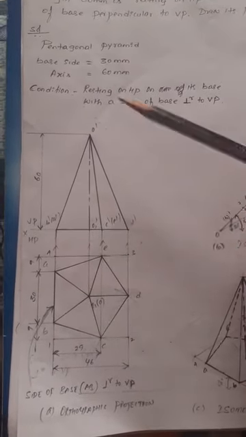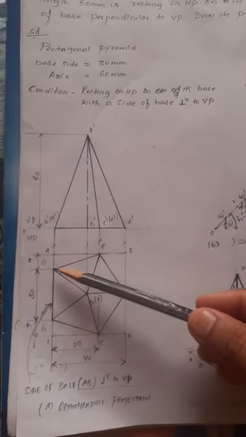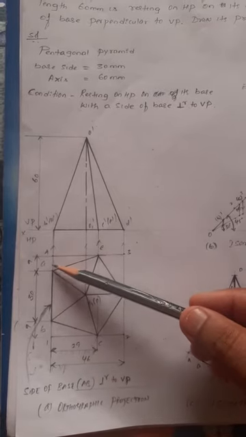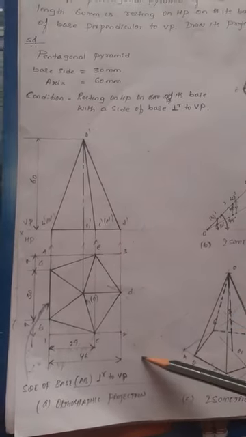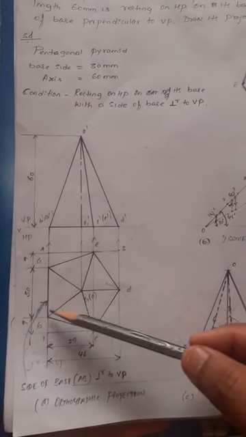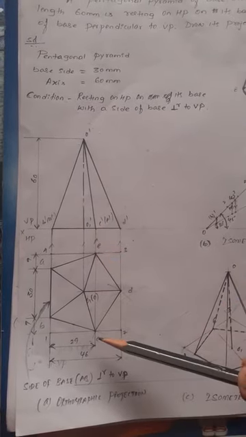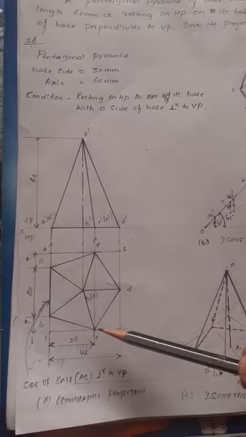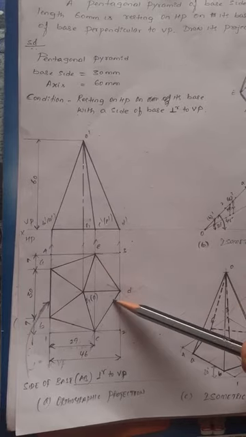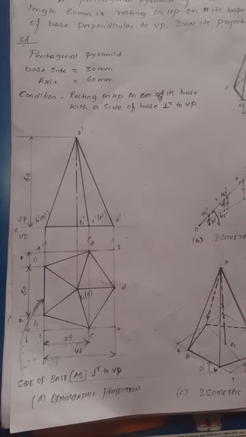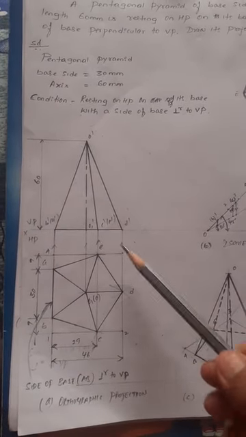As you know, based on this condition it is a pentagonal pyramid. Draw a vertical line. On the vertical line measure 30 mm, then on each side draw a 72 degree line. On the 72 degree line draw an arc of 30 mm radius. Then you'll get these two corners. From each of these corners draw one more arc. The intersection point gives another corner of the base. Now name the corners of the base A, B, C, D, E.